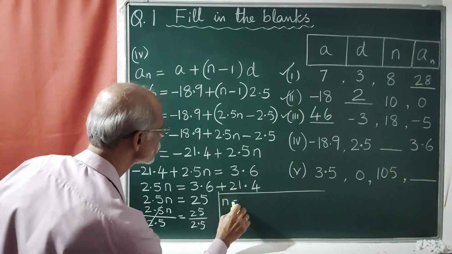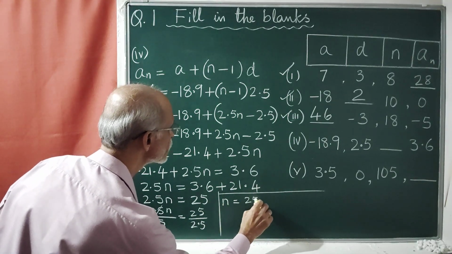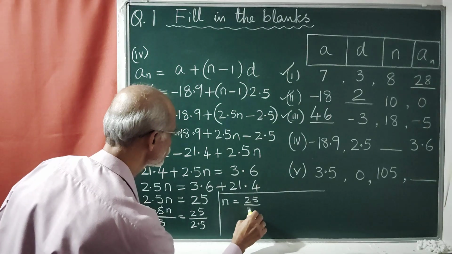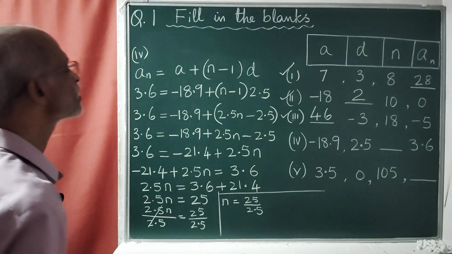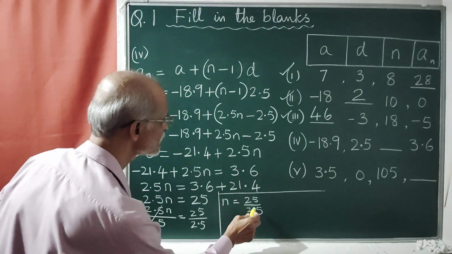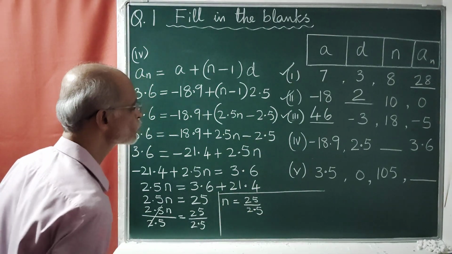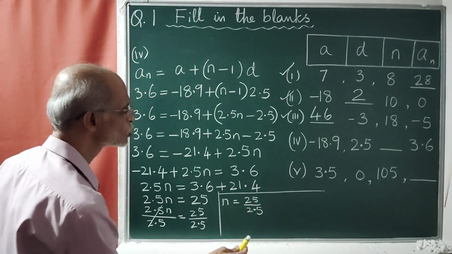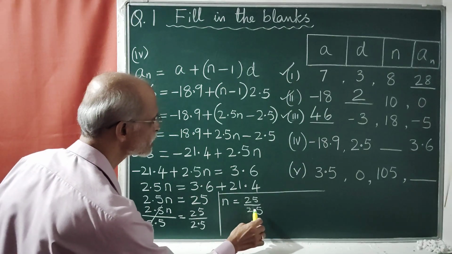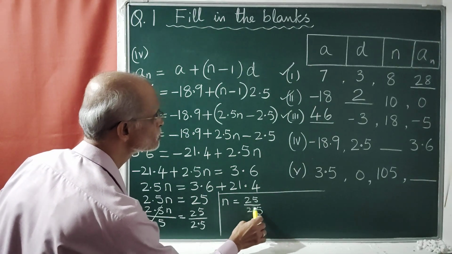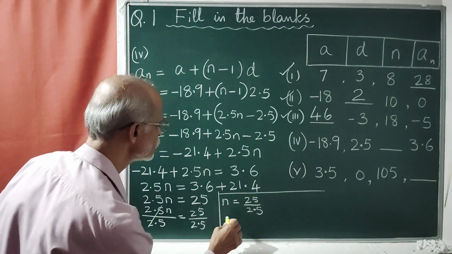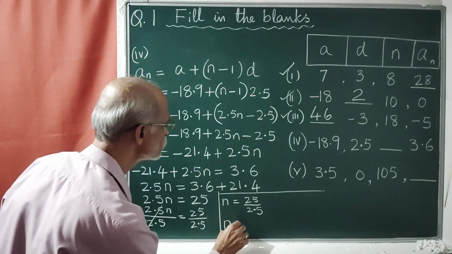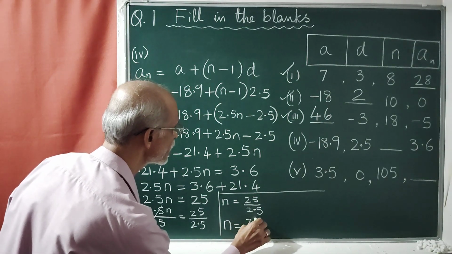N is equal to 25 by 2.5. Now we can't divide a number with a decimal number. So we have to remove this point. So what I am doing, I will shift the point one place towards right, and here I'll add 1 0 here. So N will be equal to 250